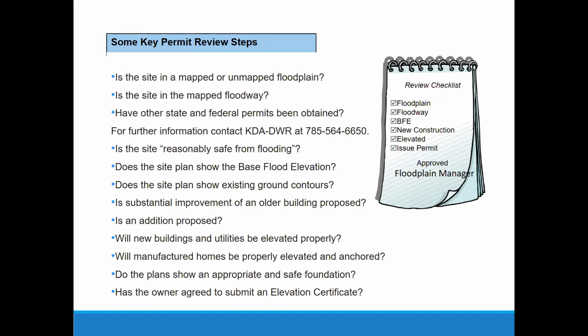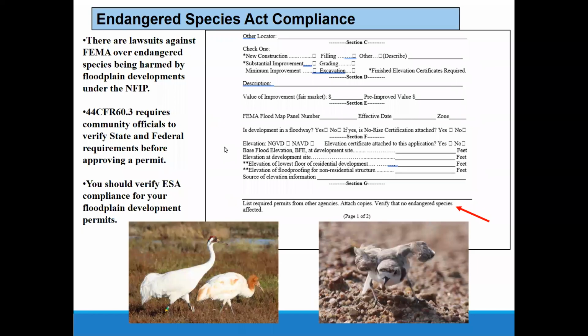I can show you a carport that used to be a garage. It's in a town where the city clerk issued a floodplain development permit for somebody to build a garage. Well, he built that garage and it was in the floodway and nobody checked with the state. And the state made them tear the walls off that garage and convert it to a carport so it wouldn't cause a rise in the floodway. And then they charged them double the fees for doing that because it was an after-the-fact permit.